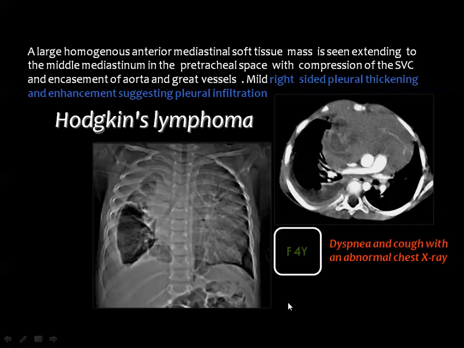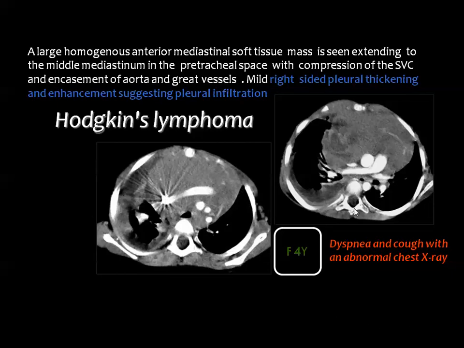possibility of thymic lymphoma. Then you see here a big anterior mediastinal soft tissue mass compressing the mediastinal vessels, and it appeared in the plain X-ray as widening of the mediastinum. And you see also the presence of pleural effusion. And if you look carefully, you can see that the effusion margin is thickened and enhanced, and this may raise the possibility that lymphoma has also involved the pleura, and explains the cause of the presence of